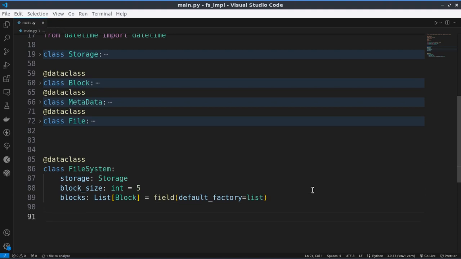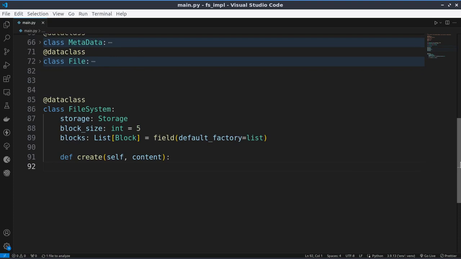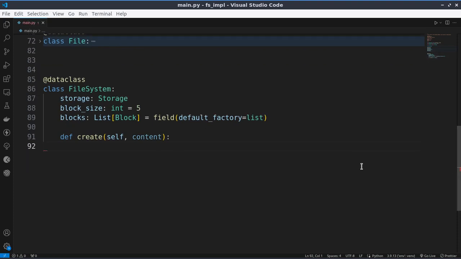So the next thing we need to do is actually create our methods. So the very first method we'll create is the create method. So this method is basically saying, hey, whenever you want to create a new file, what happens, right? So if you're creating a file for the very first time, we're going to just get the contents, then create the file. So this is what creates a new file, right? So for now, we're not going to implement it. We'll probably implement it in a different video, but let's just get all of the methods that will be in